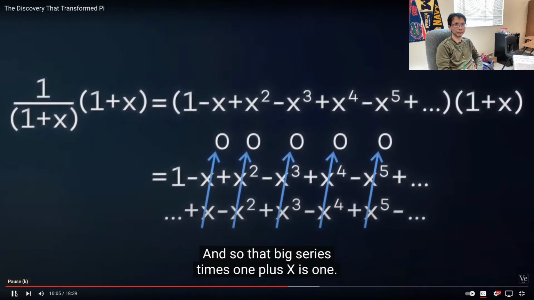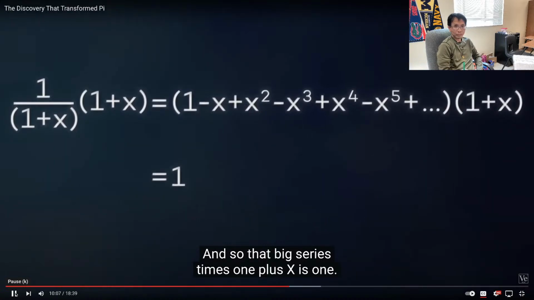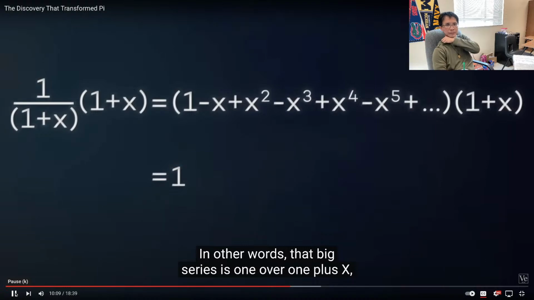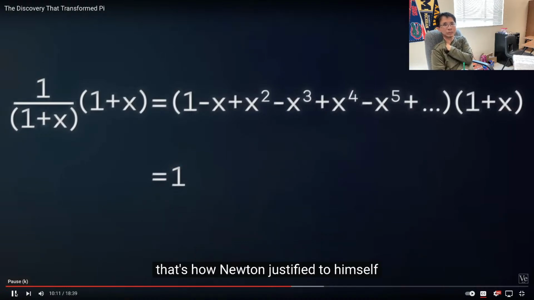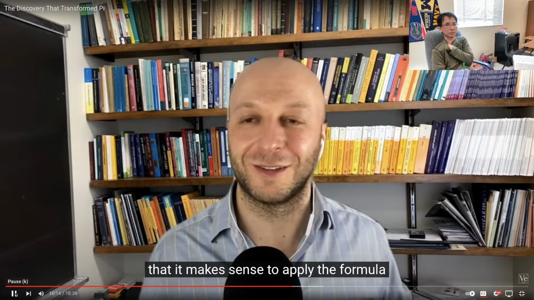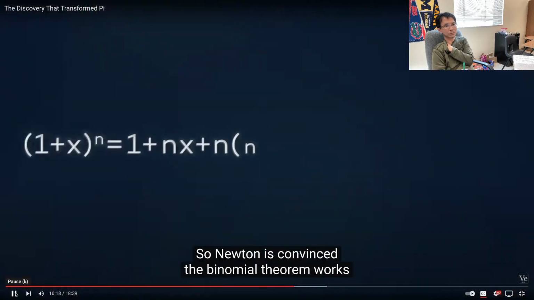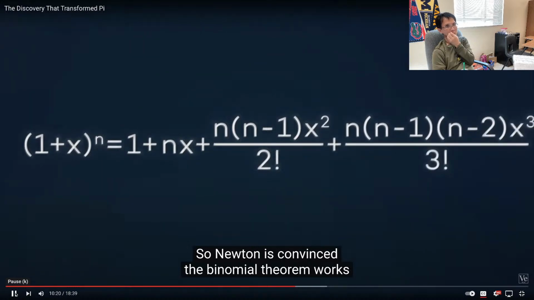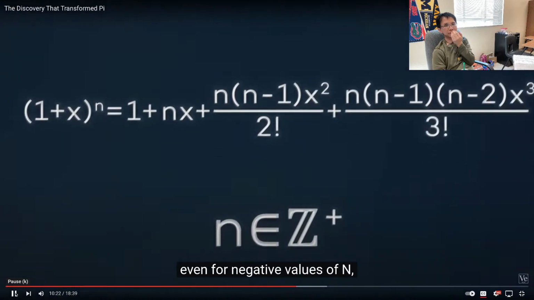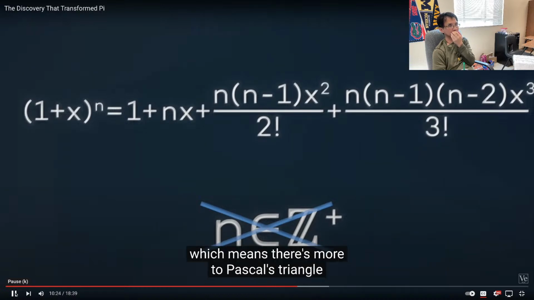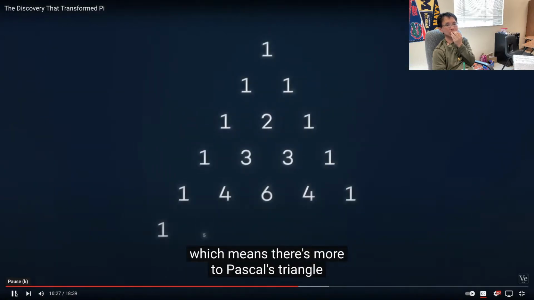And so that big series times 1 plus x is 1. In other words, that big series is 1 over 1 plus x. That's how Newton justified to himself that it makes sense to apply the formula where it shouldn't be applicable. So Newton is convinced the binomial theorem works even for negative values of n, which means there's more to Pascal's